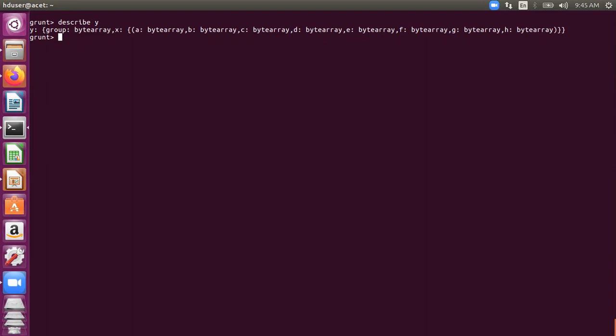You will use the word group for this. And the second one is a bag. A bag is a collection of tuples, with the name X. That is the name of the relation on which the grouping was done, and it contains all the columns of that relation. So I hope you've understood this first basic thing in group by.